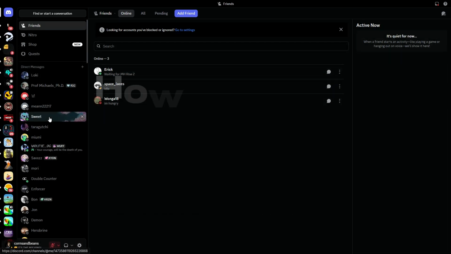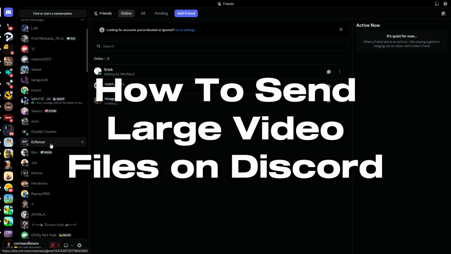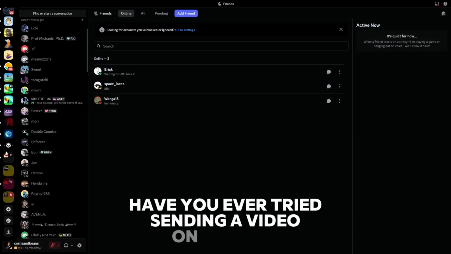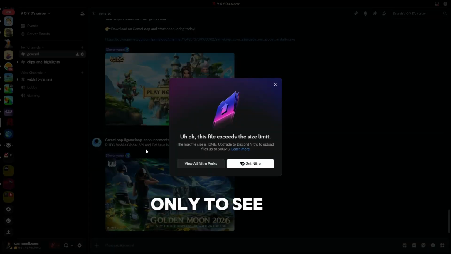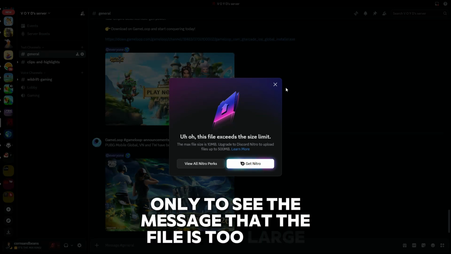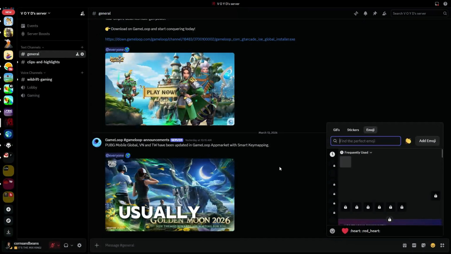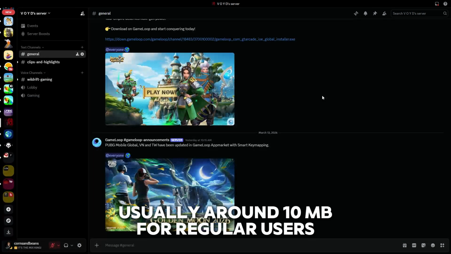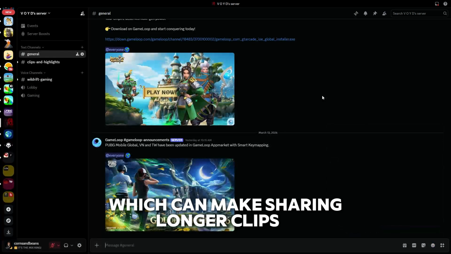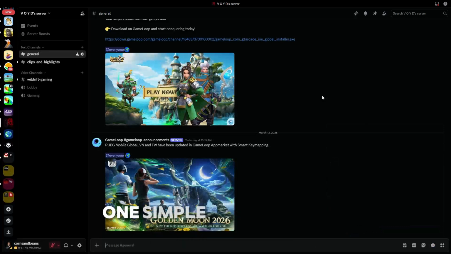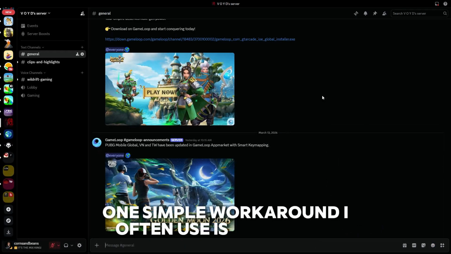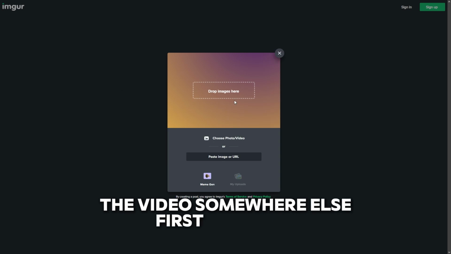Today, let me show you how to send large video files on Discord. Have you ever tried sending a video on Discord only to see the message that the file is too large? The platform has a size limit for uploads, usually around 10 MB for regular users, which can make sharing longer clips a bit frustrating. One simple workaround I often use is uploading the video somewhere else first and then sharing